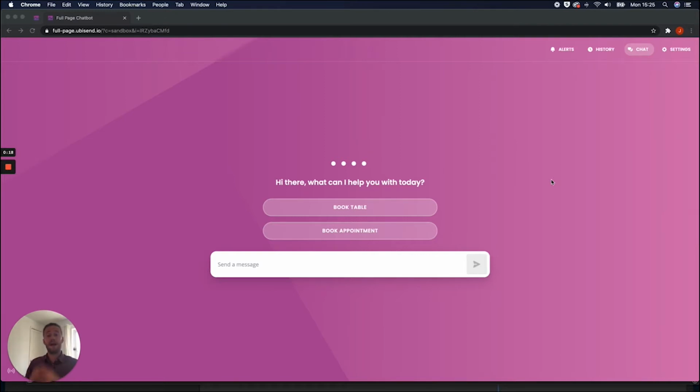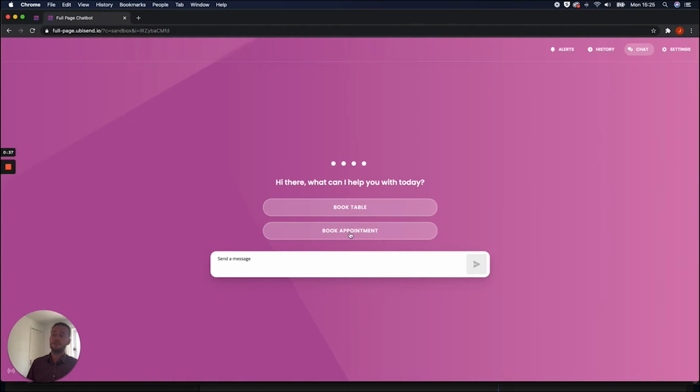Let's actually look at how you can book an appointment or a meeting or kind of a table at a restaurant, all sorts of things. We're going to show off quite a few different variations. What I'm going to do is I'm just going to engage with the chatbot as many users will, and I'm sure as many of you that are looking for ways to automate your booking process will expect it to happen. So I think the first thing, as you can see, I've got two options here. I can either say book a table or I can book an appointment using these buttons,